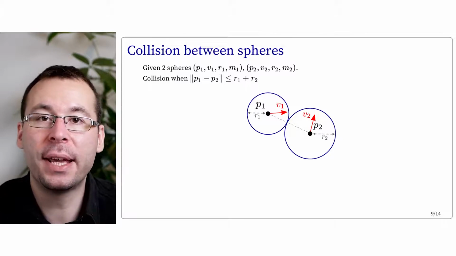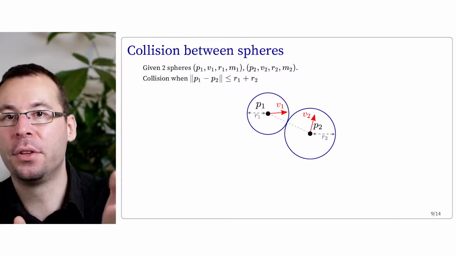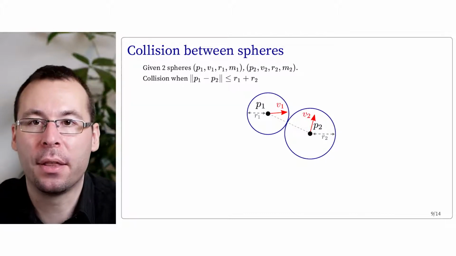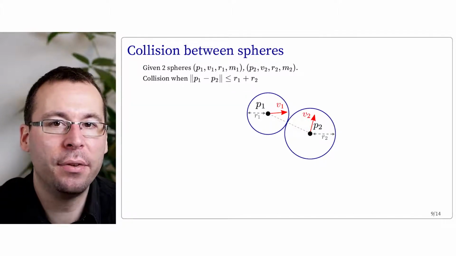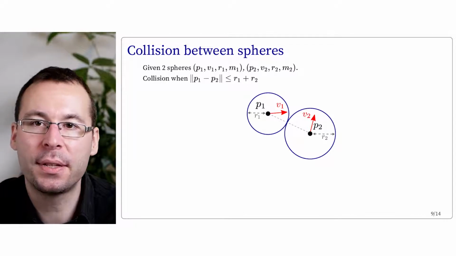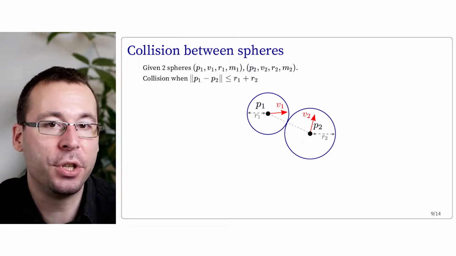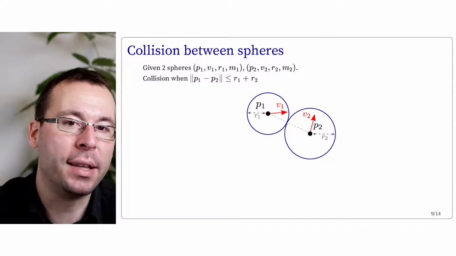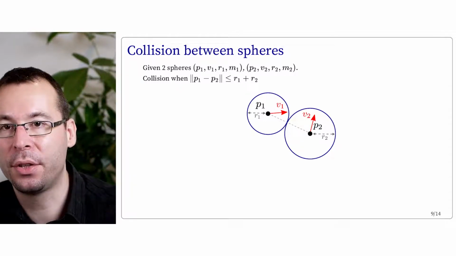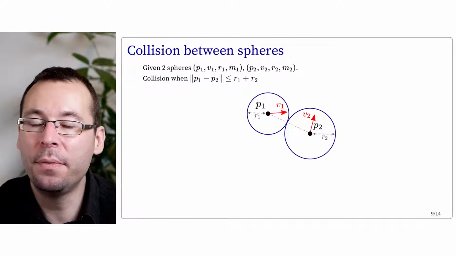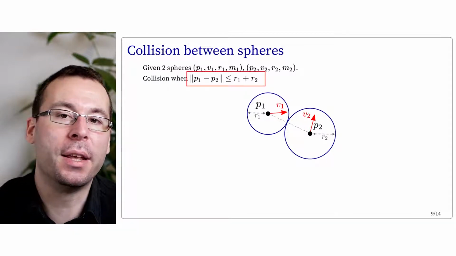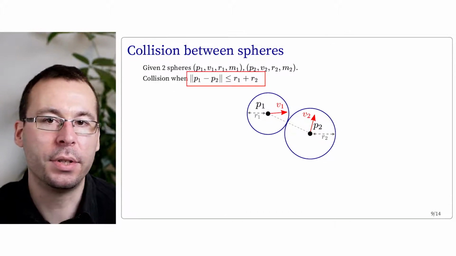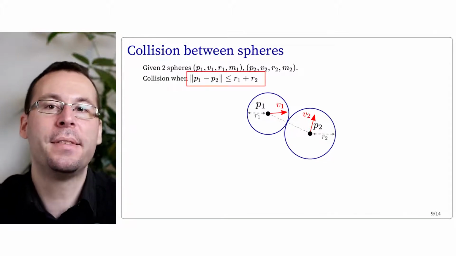So we treated the case of collision between a sphere and the surrounding planes, but the spheres themselves can collide together. So first, how can we detect the collision between two spheres? If we have a sphere at position P1 with radius R1 and another one at position P2 with radius R2, they are in collision if the distance between P1 and P2 is less than R1 plus R2. So detecting the collision is actually very simple.